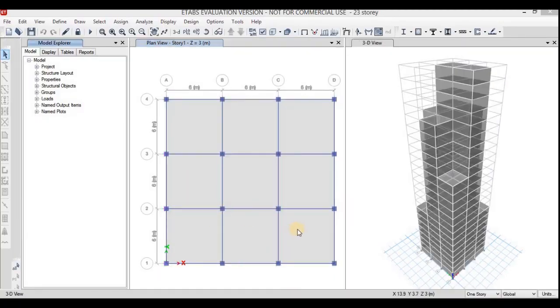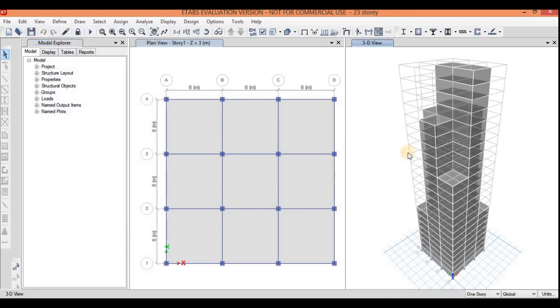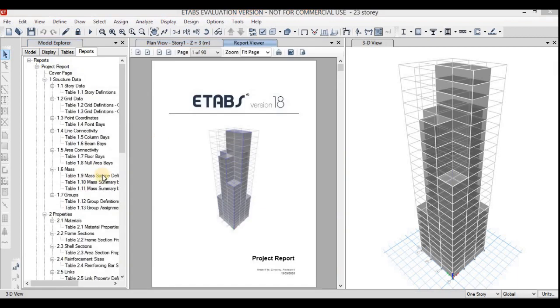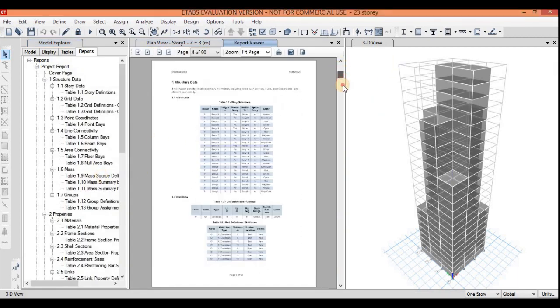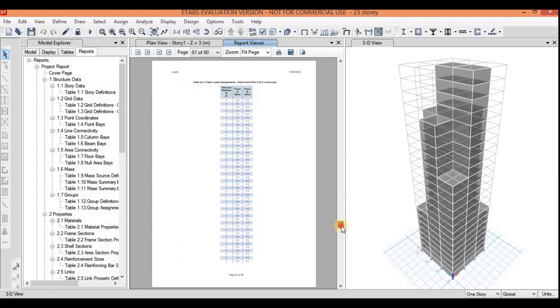Similarly, in this manner, we can also analyze our design with the time history method by defining the function as time history, and again with the same procedure, by uploading the file, we can analyze. After the complete analysis, we can generate the report by clicking on this report tab. In the project report, as you can see, the project report has been generated, and you can print it if you have the premium version, and you can save your data.